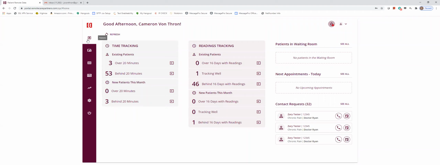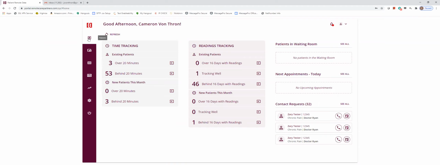All right, so what we're going to go over today is the remote patient monitoring portion of the RCP platform. And what that involves is the physical devices in a patient's home, and then the collection of the data from said devices, and on the provider side, how the staff and physicians handle reviewing the data and also logging all activities that are considered remote clinical activities in order to become billable for the healthcare organization to be compensated for the actions taken of collecting the data, reviewing the data, and staying in